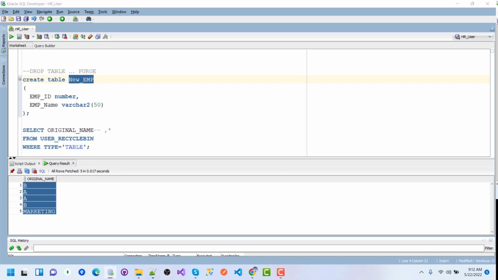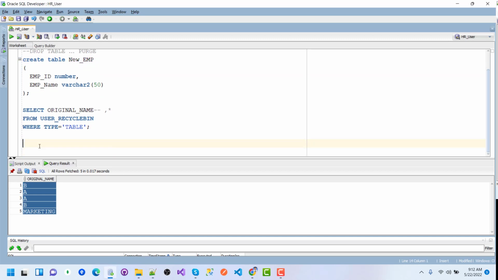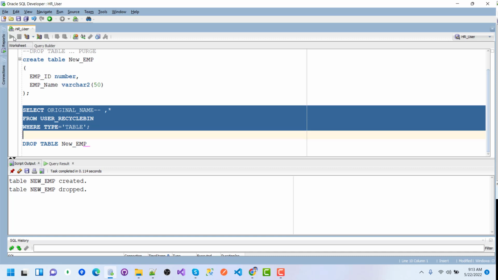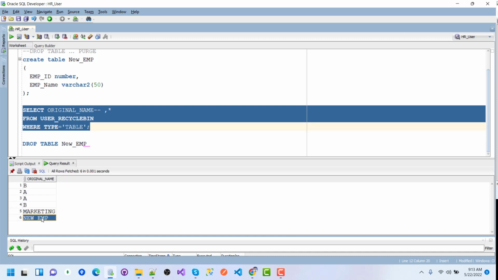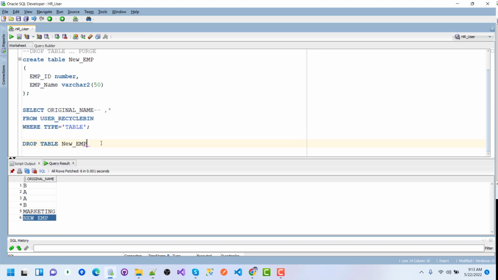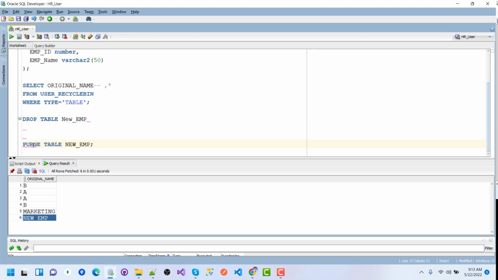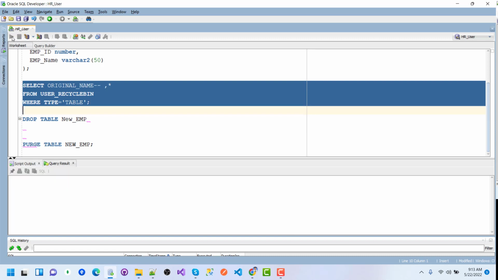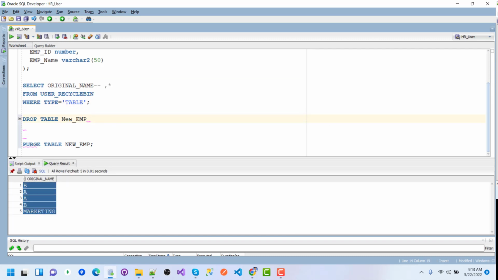So if I drop this table, drop table new EMP, executing this one, the table dropped successfully. Now we can see another one, new EMP, added in the user recycle bin tables. So in this way we can drop a table and it will go to the user recycle bin. If I purge table new EMP, the table is permanently deleted from the recycle bin. So if I execute this query snippet, new EMP is permanently removed from the recycle bin. So in this way we can use purge and drop a table